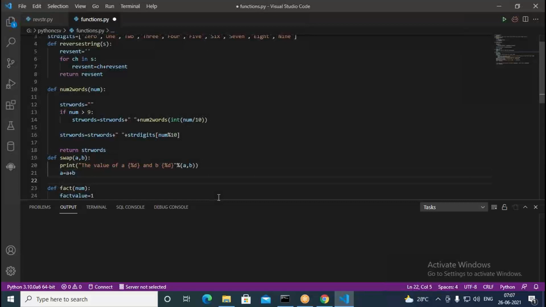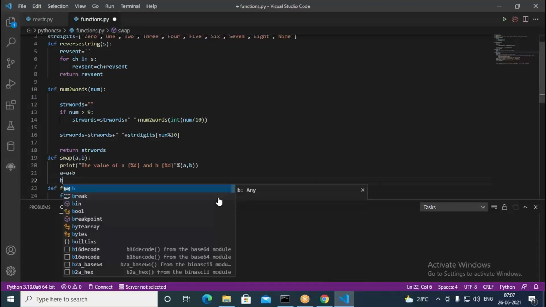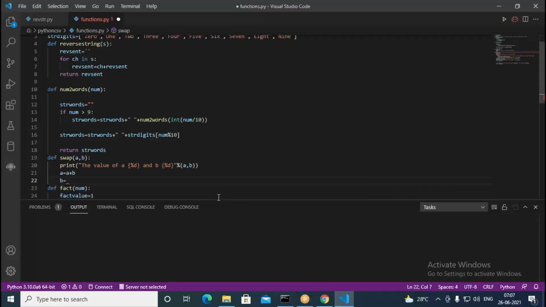Suppose I give 5 and 10, it becomes actually 15. Okay, so 15 I have written. Now b equal to what I write here, but a value got changed there.